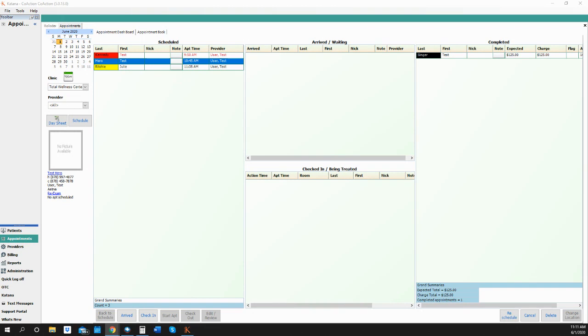On the appointment dashboard, you will see a calendar view, a clinic dropdown, which allows you to select an additional clinic if you are using more than one clinic in your Katana database. It has a provider dropdown, which allows you to see the flow for one specific scheduled provider. It'll let you access your day sheet, your appointment book, and any patient information. If I click on a patient once, it will show the patient's name as a blue